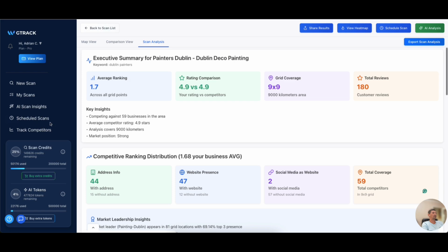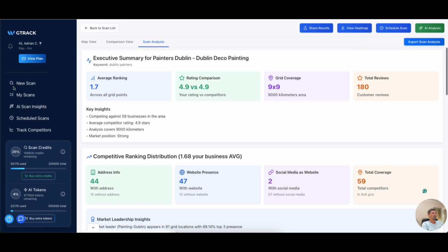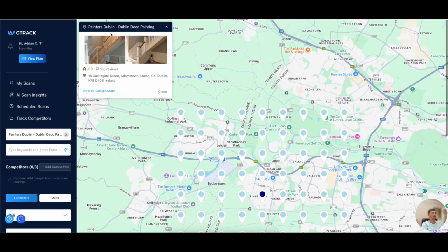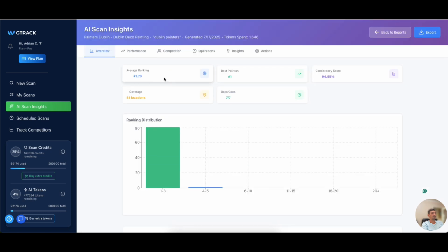As I said, in scan analysis we will add a detailed competitor analysis, which we will remove from here. AI scan insights. When you do an AI scan analysis for one of your scans, you can save the reports here and then view them later. It will show you interesting information, basically more or less the same as the scan analysis already shows, but with